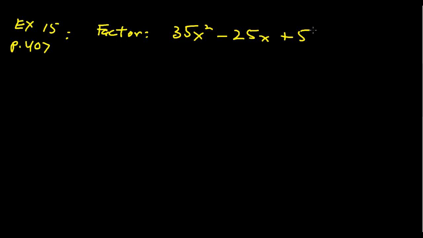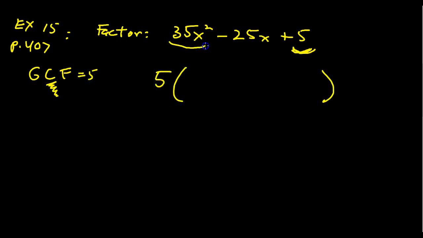All right, what's the GCF? Well, again, the GCF has to be common to all terms, and I've only got a number here, so it looks like 5. That's the only thing that would qualify as a common factor to all 3 terms. All right, so I believe I can factor out a 5 here. I'll get 5 times what? Well, if I factor out a 5 from the first slot, I'll be left with 7x squared minus, factoring out a 5 from the second slot, I'll get 5x